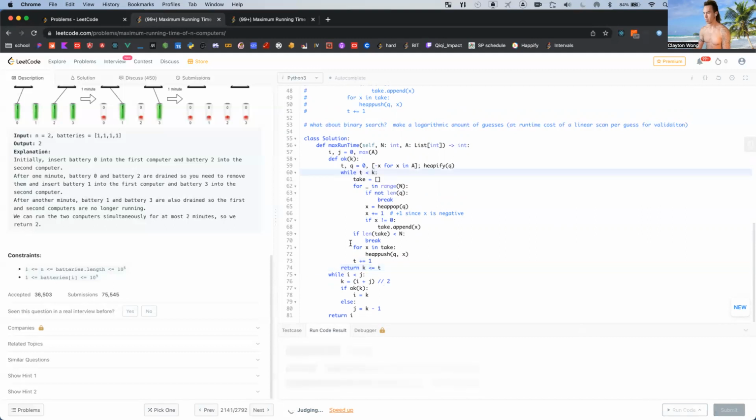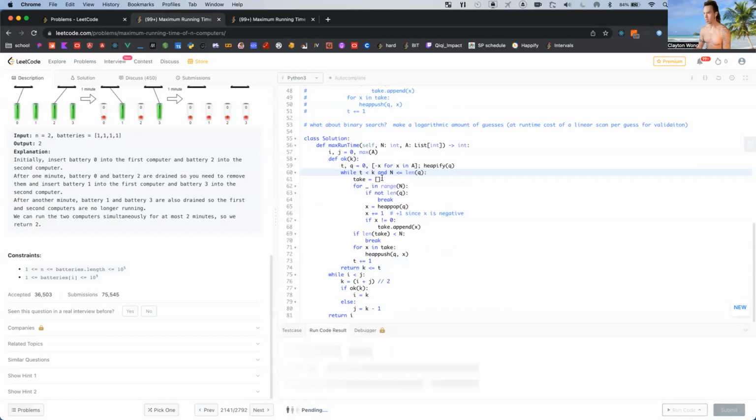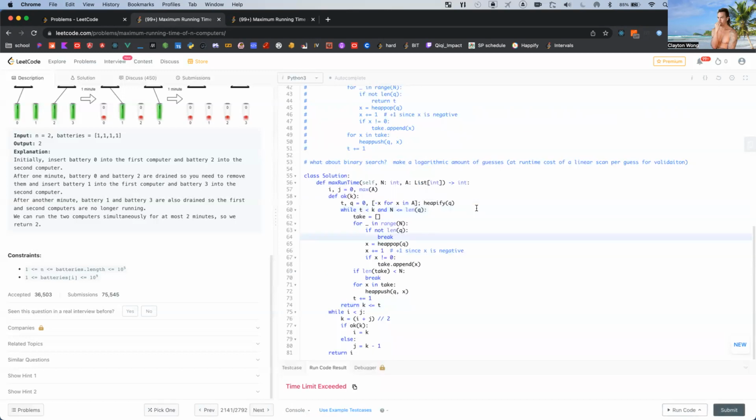And length of q is at least n. Wait, right.